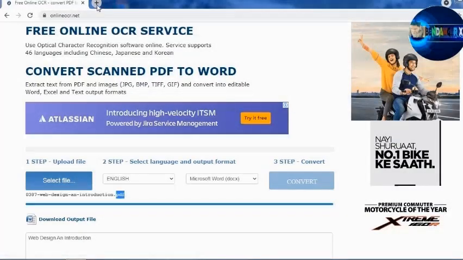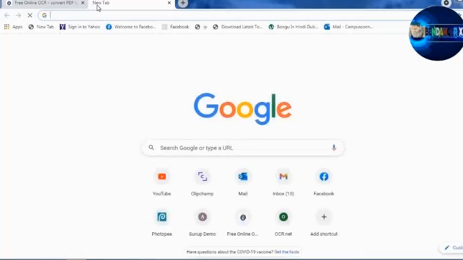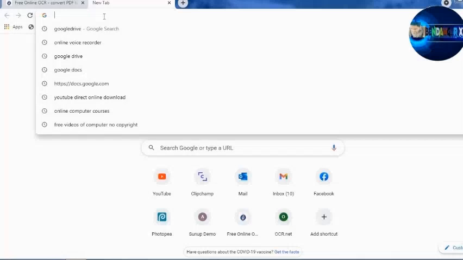And then the last trick, friends. Whenever some of your friends ask you the website link of your college, institution or university, you usually give them the web link address. But instead of that, if you want to send them a barcode of your college web link, then in that process you need to go to your website. In my case, let me go to my website.